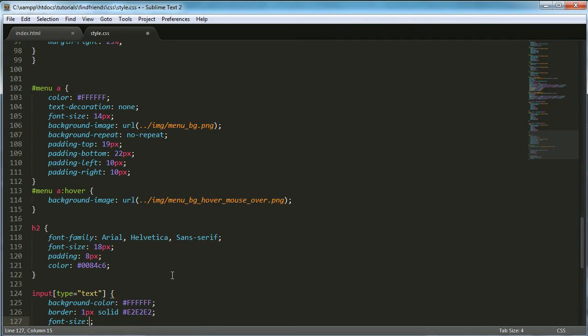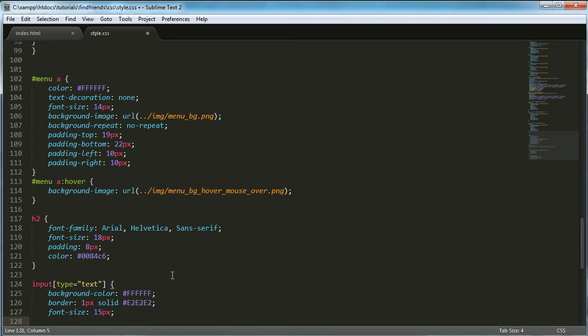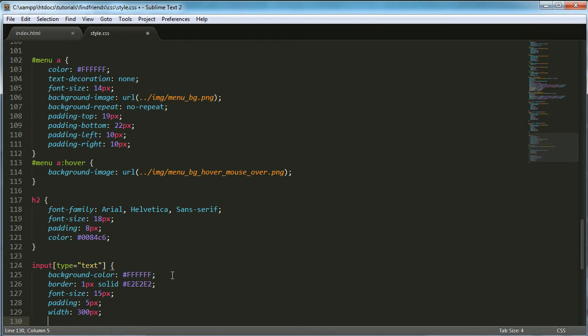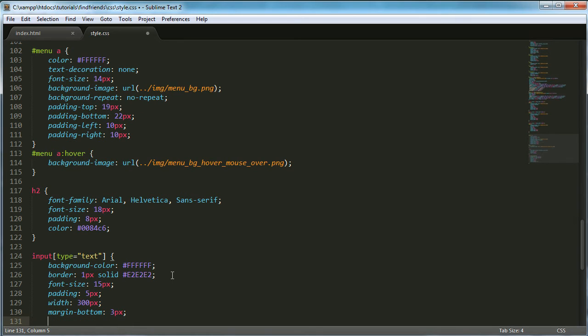We're going to set the font size equal to 15 pixels. We'll set the padding equal to 5 pixels. We'll set the width equal to 300 pixels. The margin bottom equal to 3 pixels. Margin top